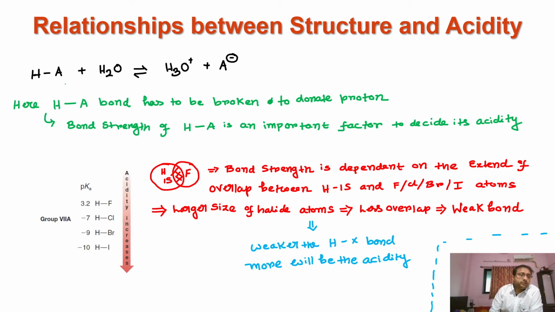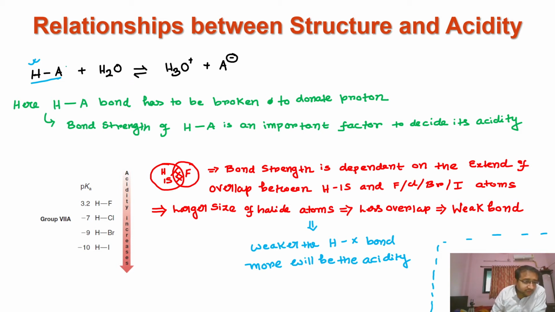Okay, so you can see this is a compound, this is the acid HA. This is the proton and this is the anionic part, that participates in this type of reaction, where the water molecule acts as a base. It will take up the proton and form a hydronium ion plus A minus. So you can see the acidity of this compound during the participation in this acidic reaction